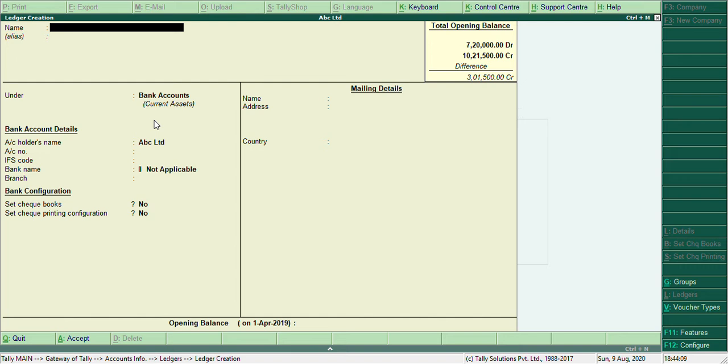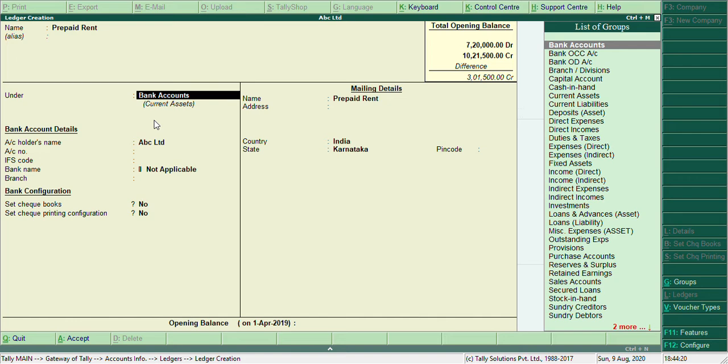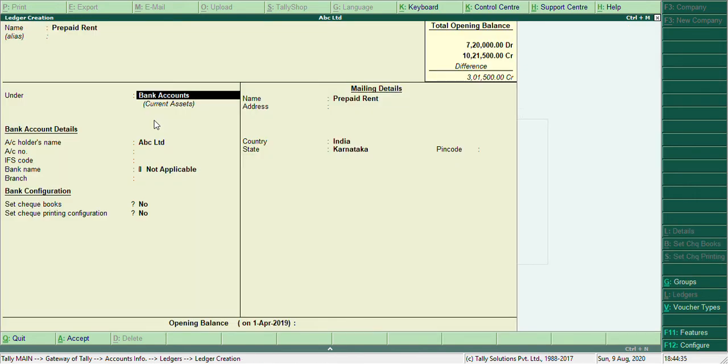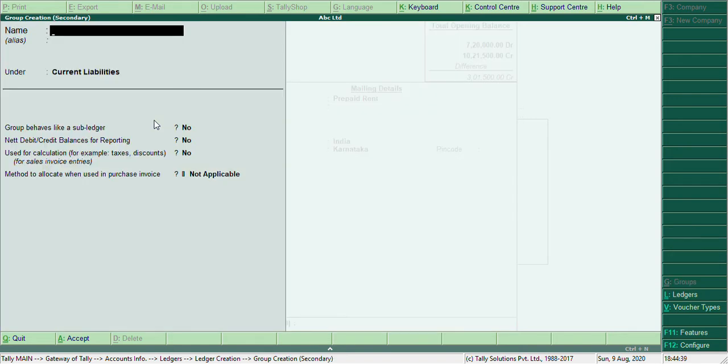Accept. Next there is a ledger, prepaid rent. For this particular ledger, I want a separate group. The name of the group is other current asset. I don't want it to be under the current asset. It should be under other current asset. So I'll be creating a separate group for this, using the shortcut key Alt plus C to create a group.